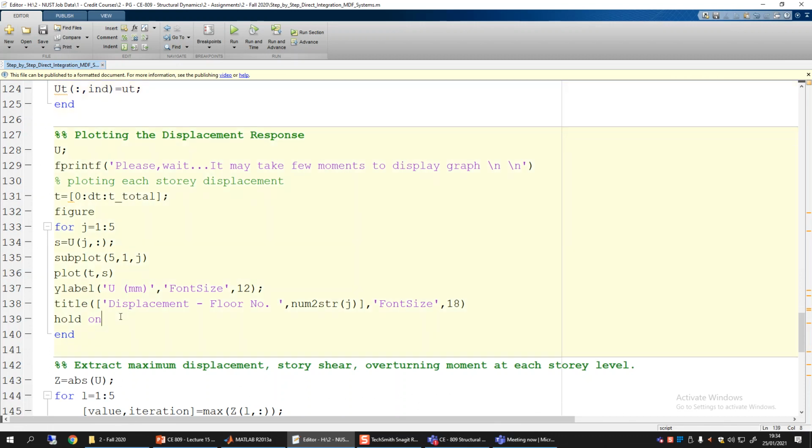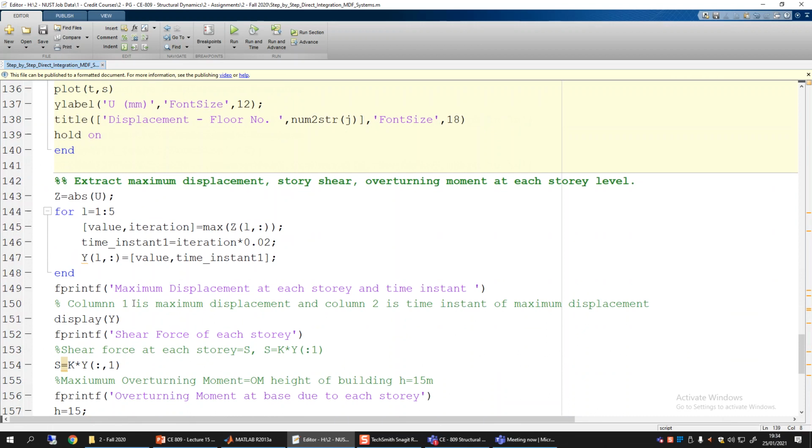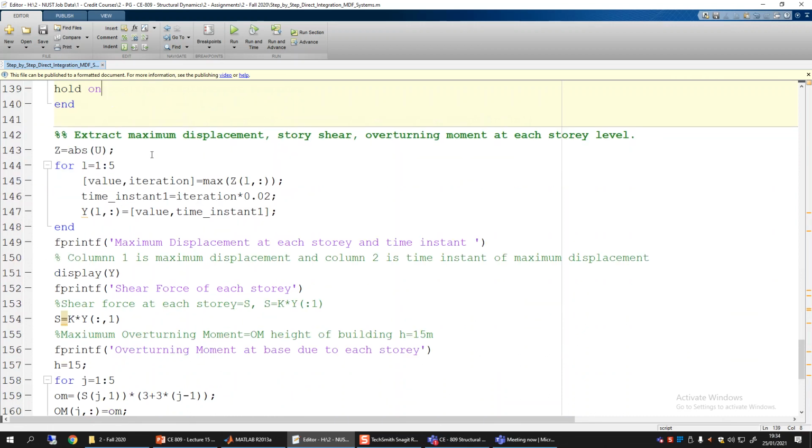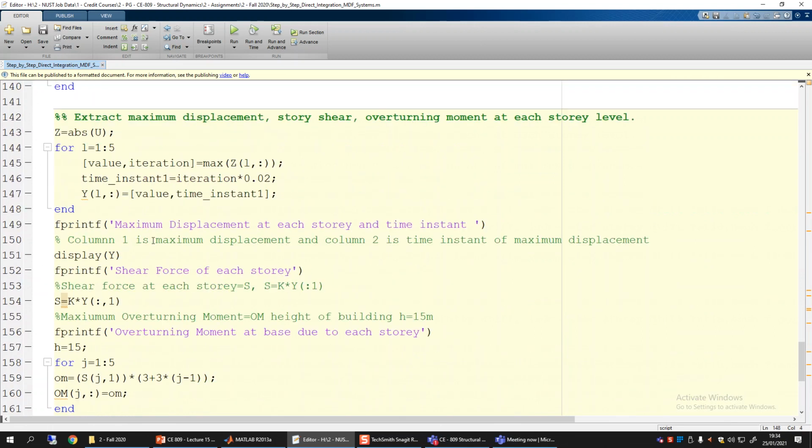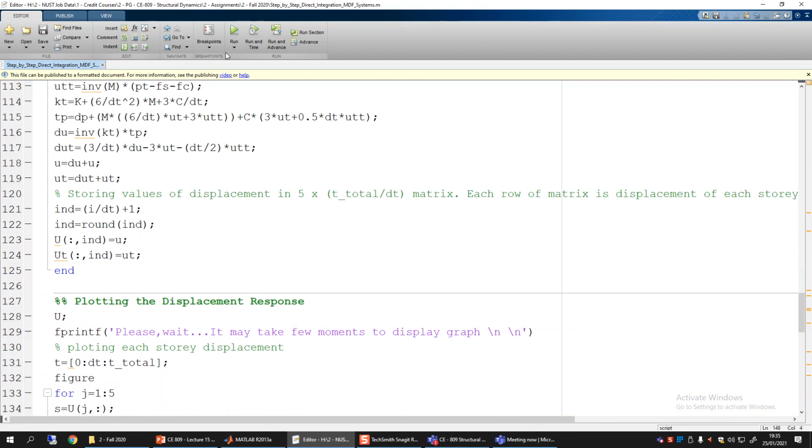So this piece of code basically plots that capital U values, and this will become the story responses for each floor. The displacement is plotted. And then once you get the U vector, you can also convert it into interstory drifts. You can use that to calculate the story shear, the overturning moments, and some other results also. So I will just skip it, and now I will run it to show you some of the results which it is giving you. So I run it now,